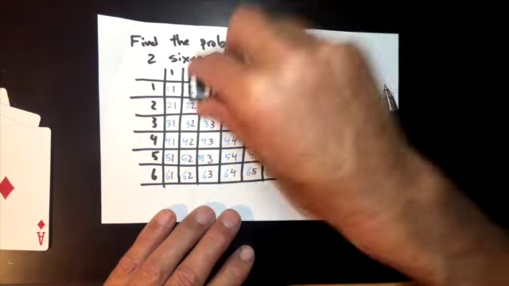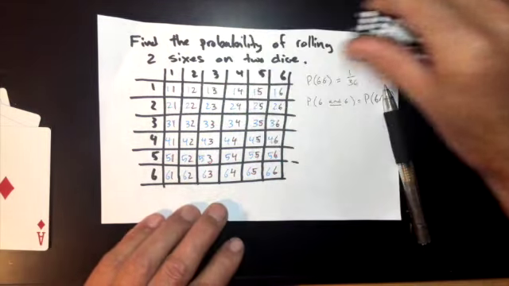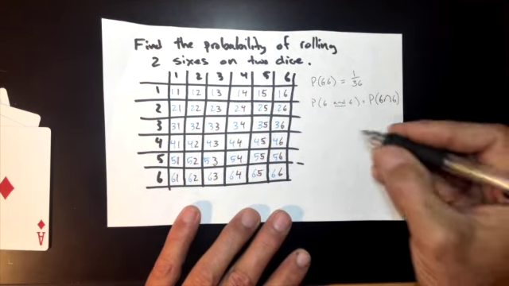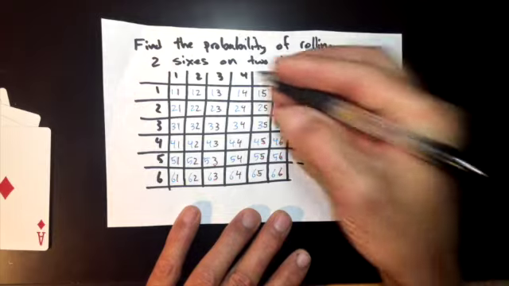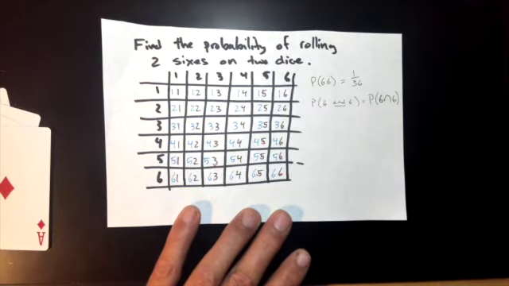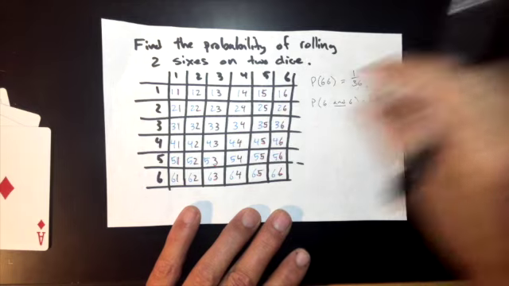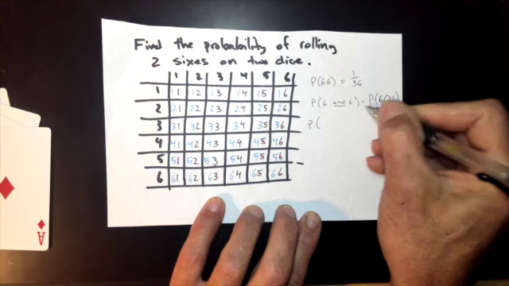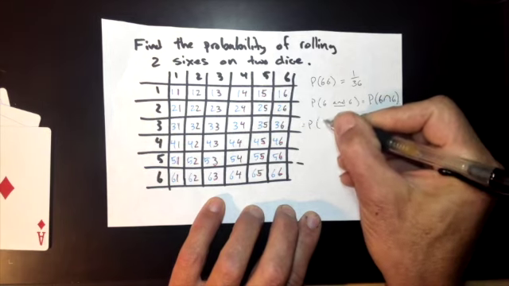What if I wanted to roll 3 dice? Oh my gosh, that would be a lot in my sample space. I don't want to write that out. So let's see what we can do with independent events. We know this is independent because if I roll 1 die, it does not affect the outcome of the other die. They're just independent. So I could say the probability of this equals the probability of getting a 6 on